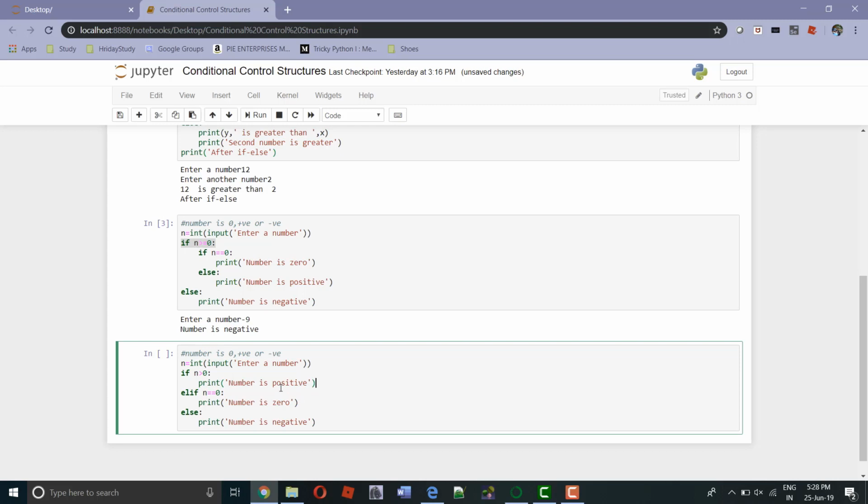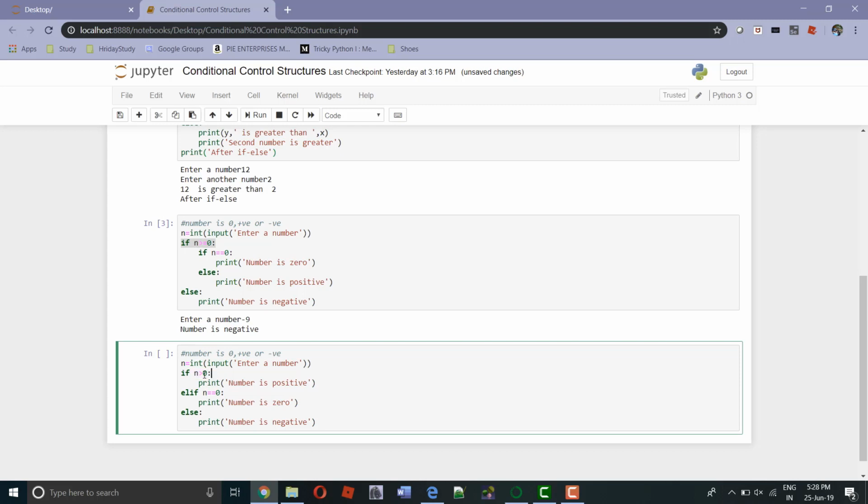Suppose the user entered the number as 5. So here first this condition will be tested, and since n is greater than 0, it will print number is positive. The elif or else part will not get executed. Now suppose the user entered n equals 0, then in that case first this if will be evaluated.